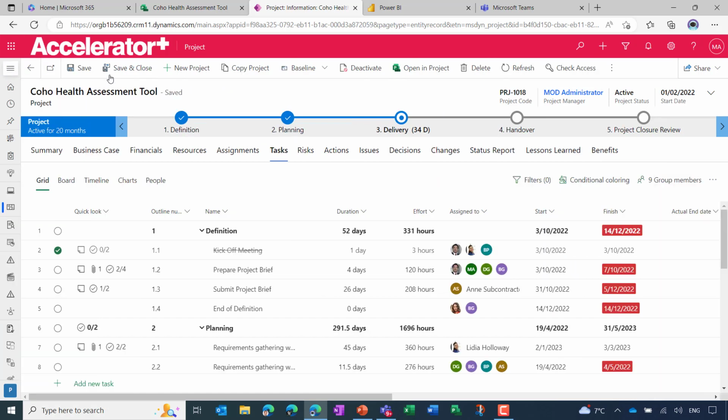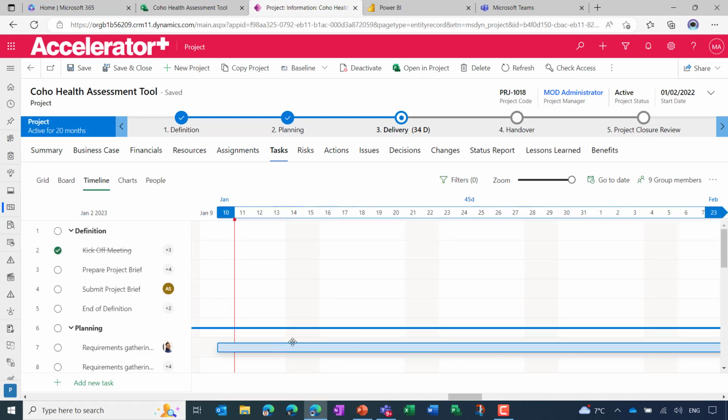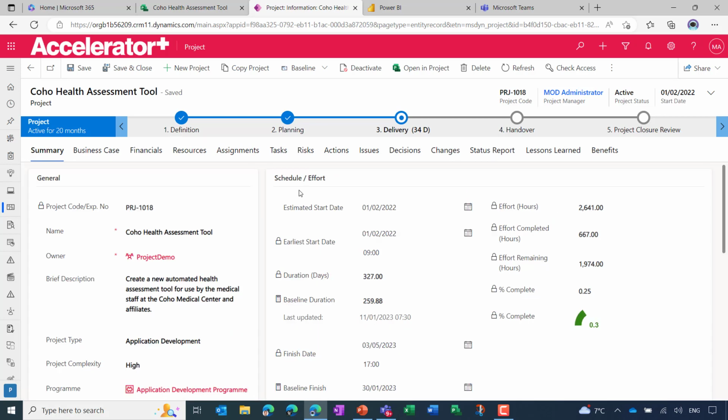Let me minimize that menu there. So again, we've got the project title being displayed. Here at the bottom, we've also got the plan, the same exact plan that we were looking at a moment ago. So I've got access to the grid, the board, the timeline. It's all fully editable, so I can move things around, as you can see there. But what I'll do is I'll cycle back to the summary page and I'll talk about some of the interface